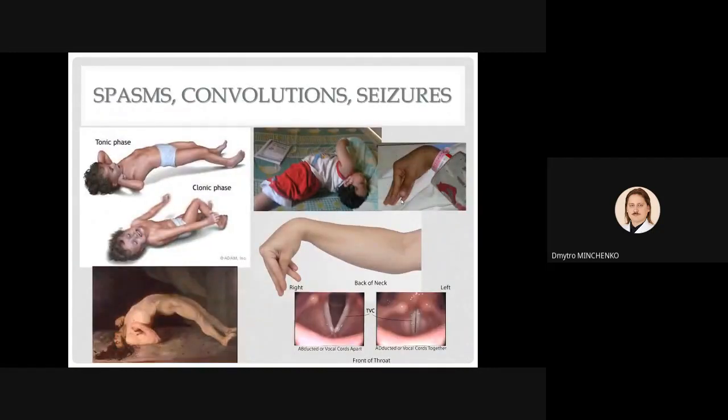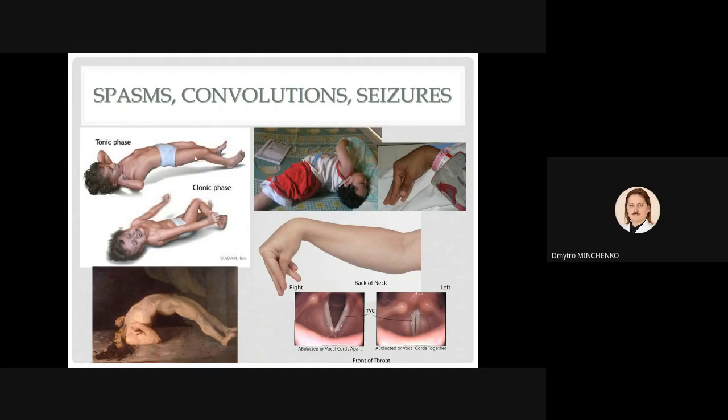Let's move on to the spasms, convulsions, and seizures. Here we can see generalized and local convulsions. The first we can observe is the tonic clonic convulsions. We have the tonic phase, the hypertonus, or sometimes referred to as the classical, as you can observe below, opisthotonus, right? Similar to the hypertonus that we see with such infectious disease as Clostridium tetani. So we got the tonic phase, the muscles all tense, hypertonus, flexors of upper extremities, extensors of the lower, the back, the head, as well as hypertonus and spasm of the diaphragm, inability to breathe,